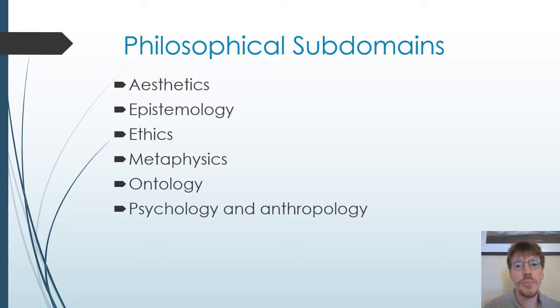Another way to get a preliminary impression as to what philosophy is or might be is to look at some of its most permanent subdomains or categories, which I have listed here in alphabetical order. These are domains of study that nearly any philosopher or philosophy deals with in one way or another, has to deal with, no matter the particular epoch or discipline.